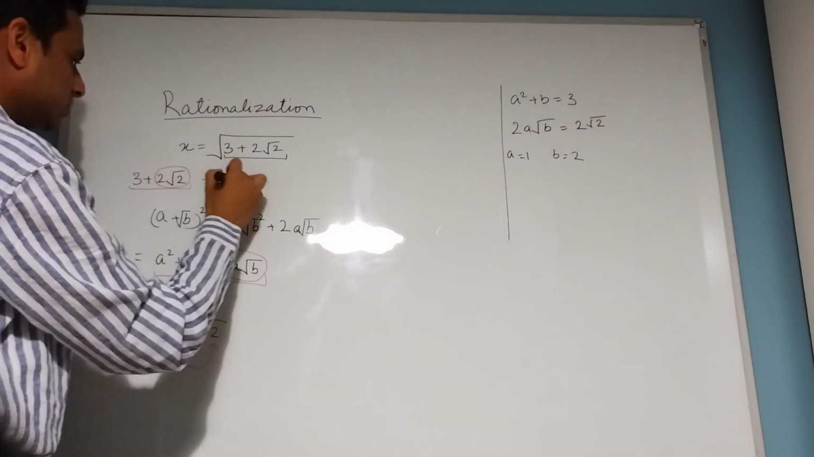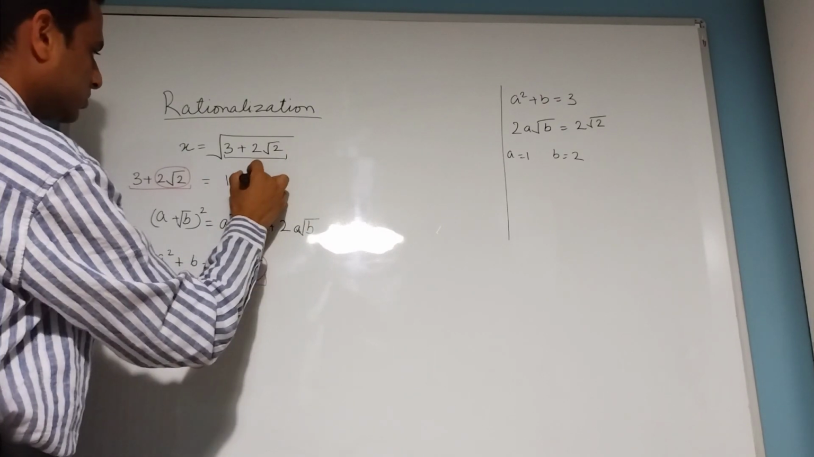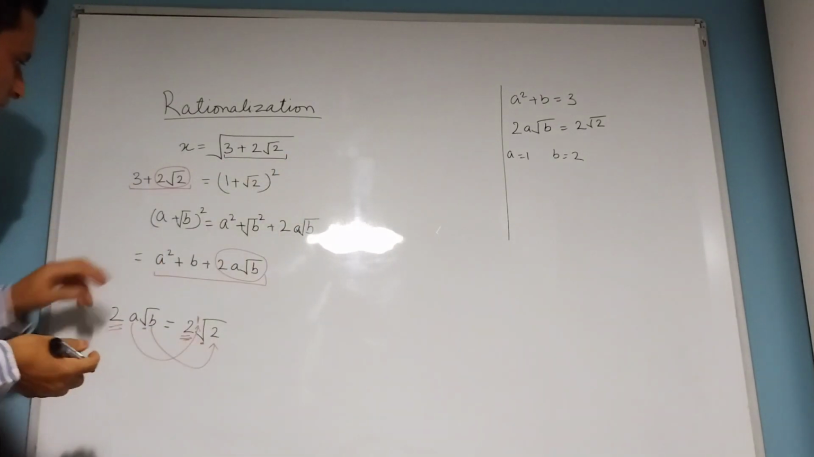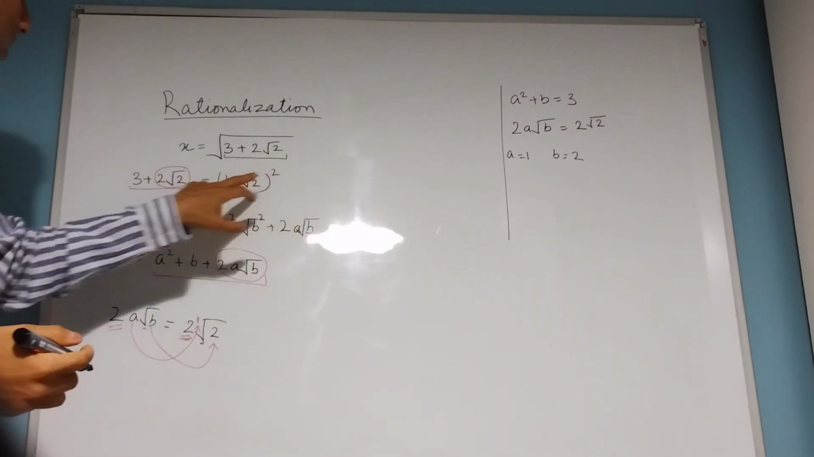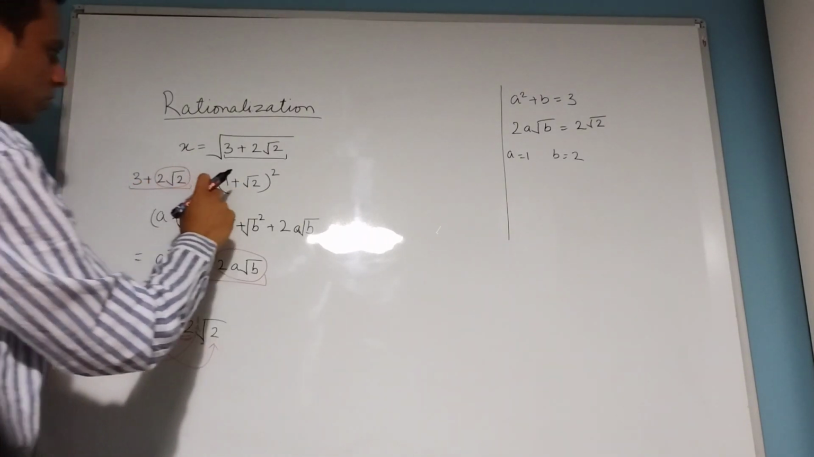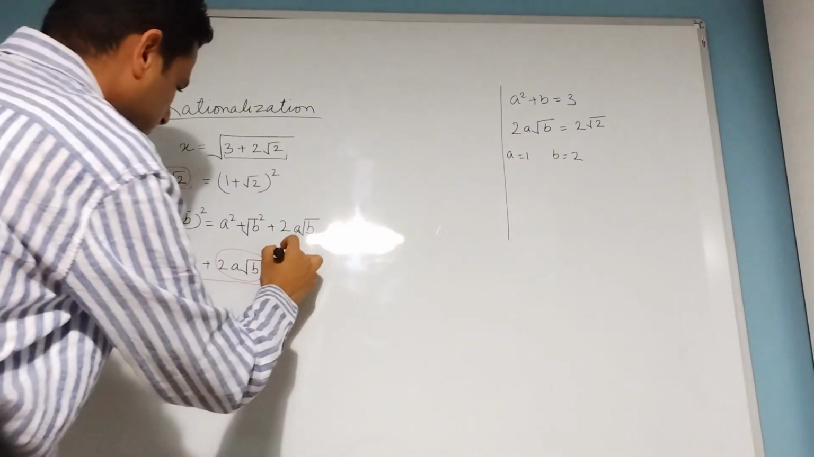This can be written as 1 plus root 2 whole squared. Why? Because a is 1, b is 2, and we have mentioned the root here. So if 3 plus 2 root 2 equals 1 plus root 2 whole squared, then